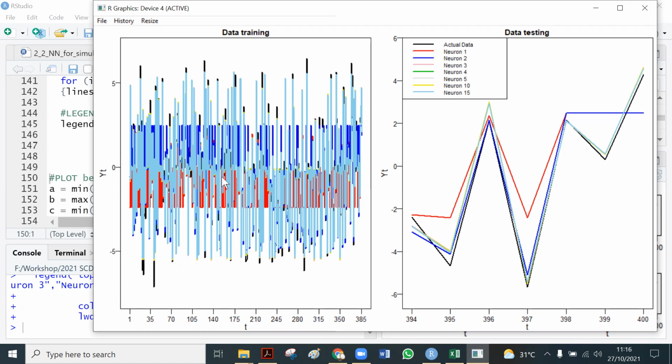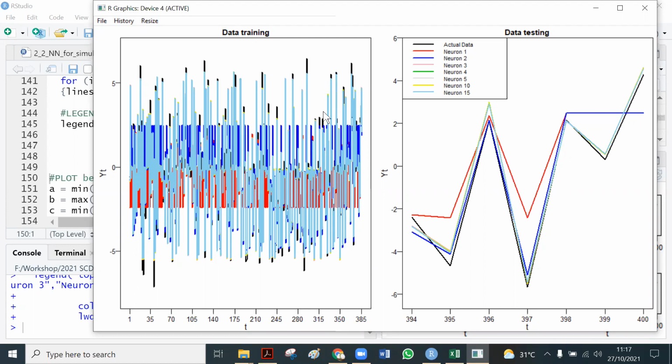We can see that several forecasted values have the same upper and lower value, like this blue and red. I think they cannot go more dynamic because its range is only in that area.